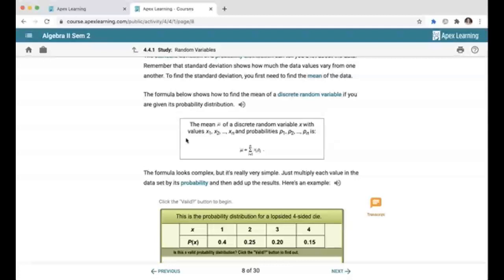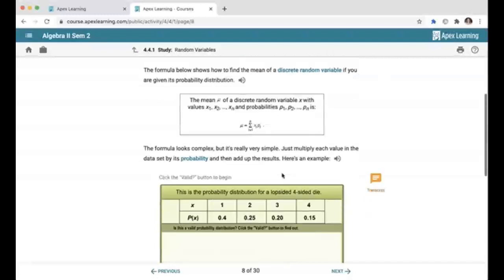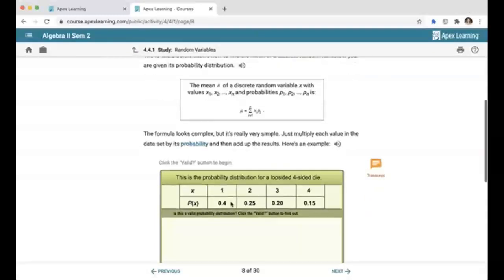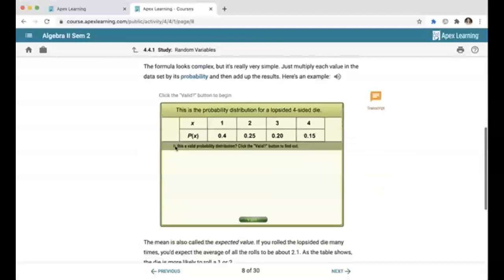It ends up to this mean summation here of u. It looks complex, but it's really, really simple. You multiply each value by its density here. All right, so first question is